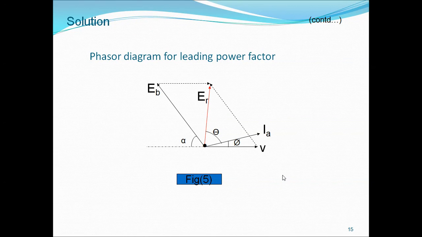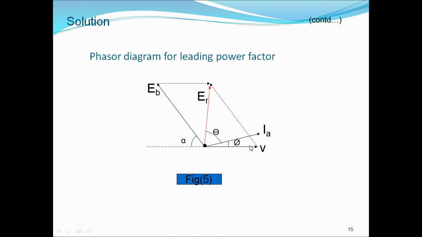So if you draw the vector diagram for this one, this is the vector diagram. ER is the impedance drop. ER is equal to IA into ZS. EB is equal to the back EMF, obtained by adding ER and V. IA is the armature current